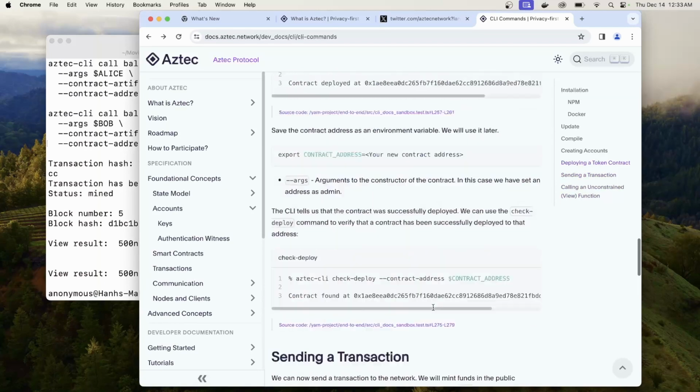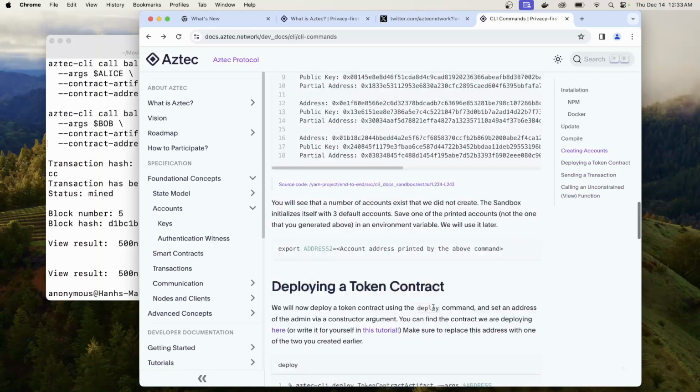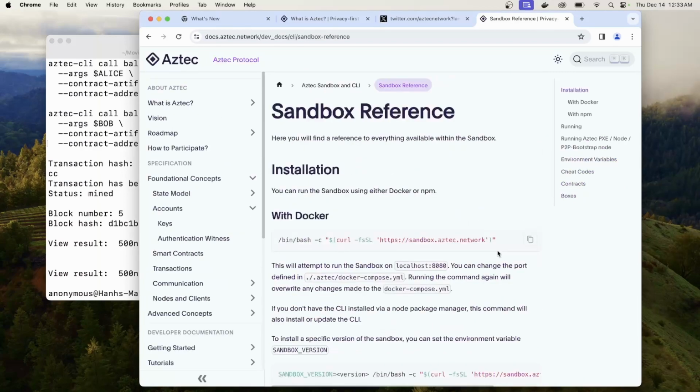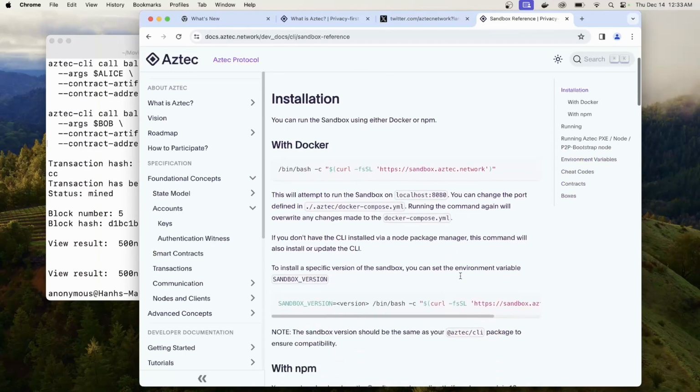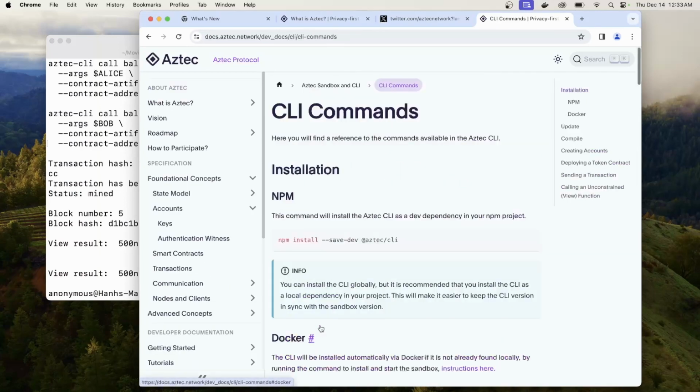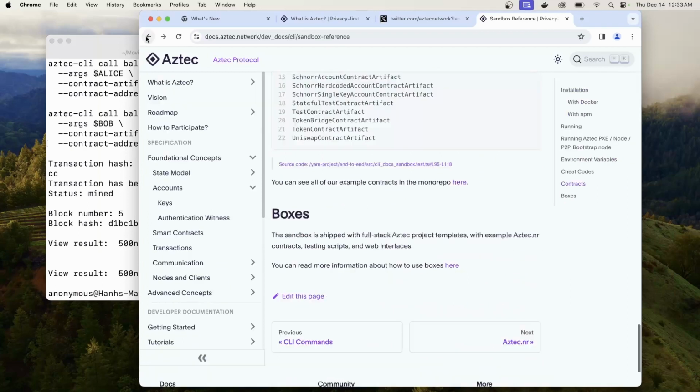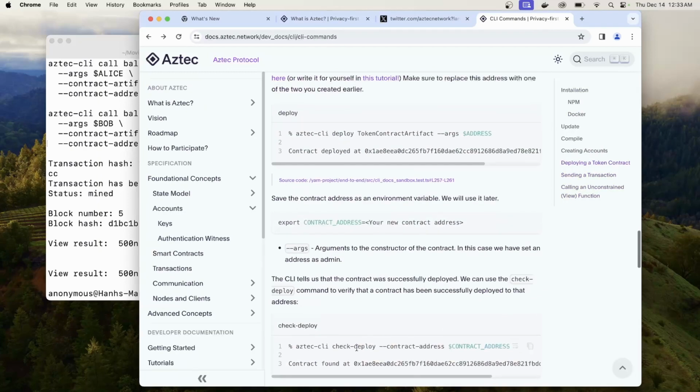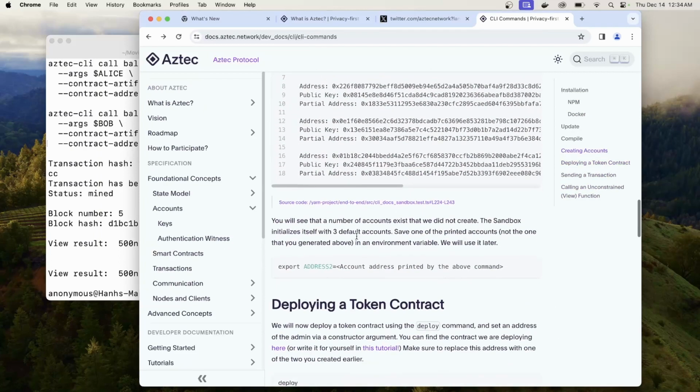How do we do a private minting? Okay, this is jumping. I was expecting more information. Okay, go back. Oh, this is really weird. This documentation is weird. Okay, I think they need to update this. This is not complete. Or